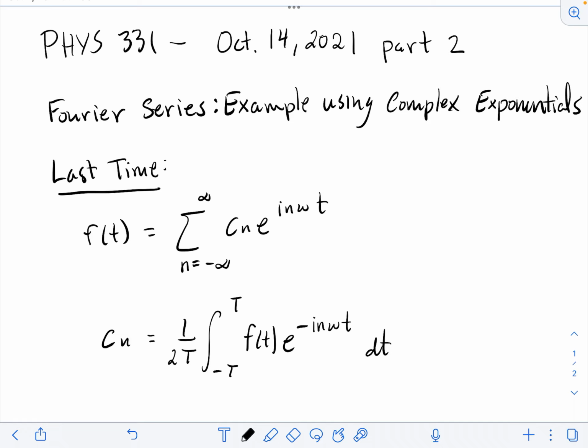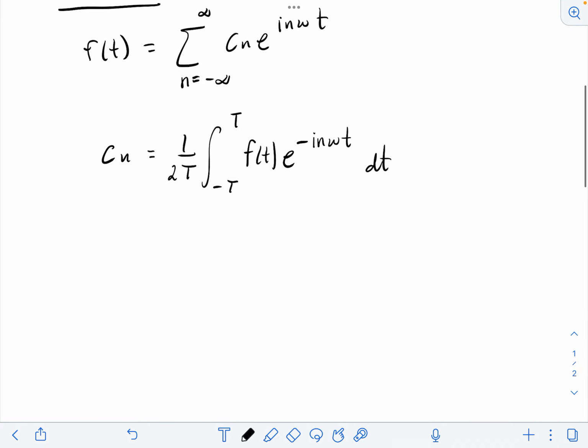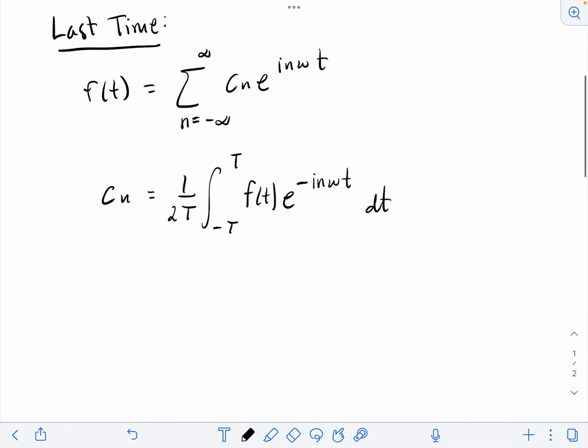And what we're going to try to show is that when we construct the Fourier series using this complex exponential form, we will recover the same result that we had using the previous Fourier series in terms of the trig functions sine and cosine. So last time we went through the derivation of the Fourier series in terms of complex exponentials,